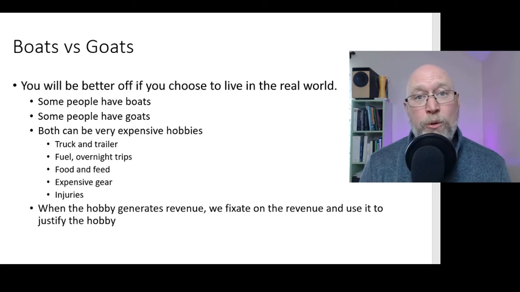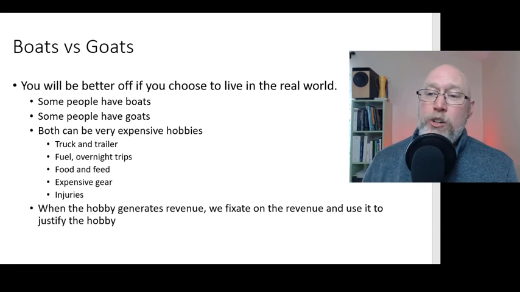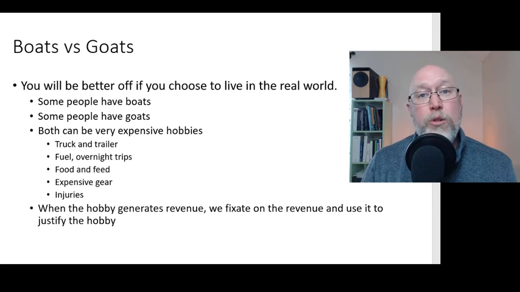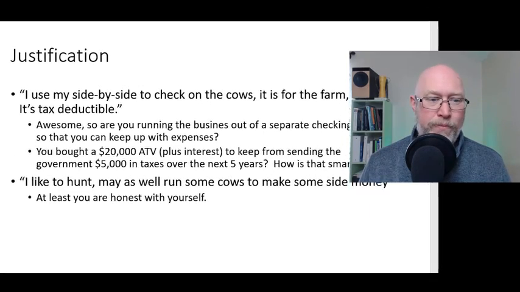What I don't want you doing is using the fact that the hobby, the avocation, brings in revenue to cause your household expenses to get out of line and cause you to waste a bunch of money that might be better used somewhere else. I just want you to face it with a little bit of reality. What do I mean?